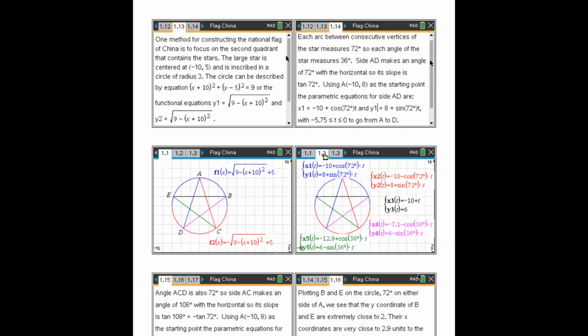And then we know that the slope of that line will be equal to the tangent of 72 degrees. Using the slide to the right on the graph, you can see at the very top is the equation of the side that's going from the very top down and to the left. And the other ones are described in there. There's one that's horizontal, and that's the one that has y equal to 6. So those are the parametric equations that describe the 5 sides.